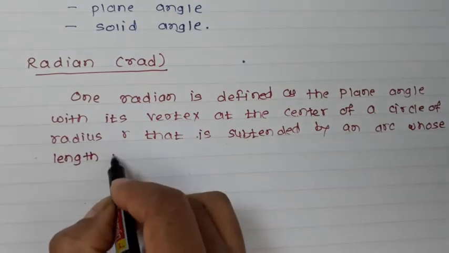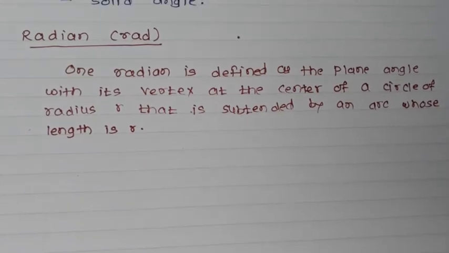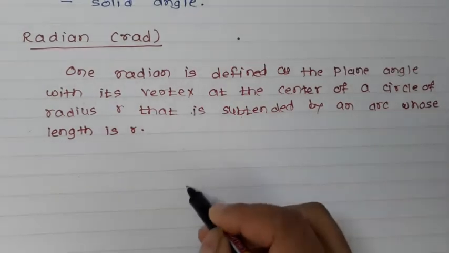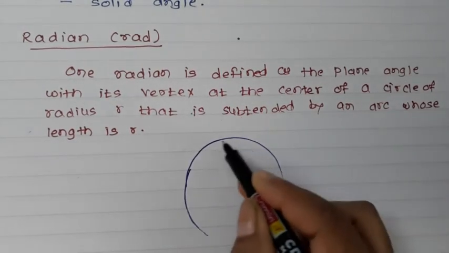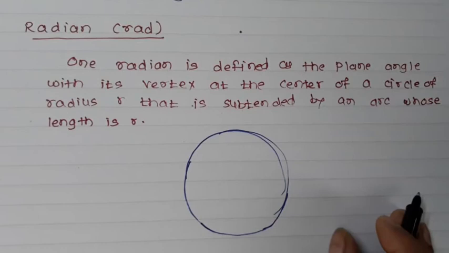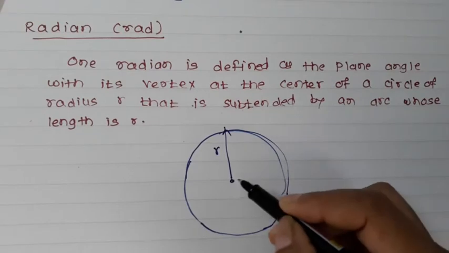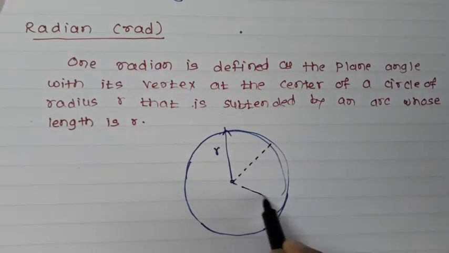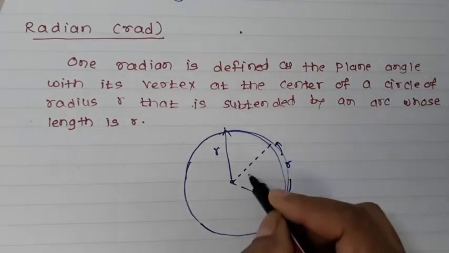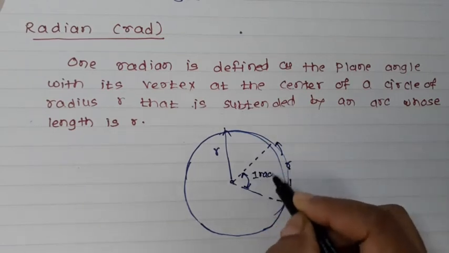Now let us see the meaning of this radian. Whenever you are talking about 1 radian, this is the circle, and if my antenna is an isotropic antenna, it radiates equally in all directions. This component will be called the radius. Suppose this is r, again this is r, and this arc has the same length r. So the angle subtended by this r will be called 1 radian.